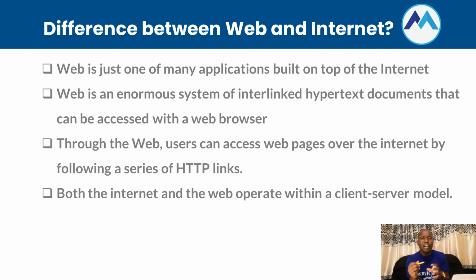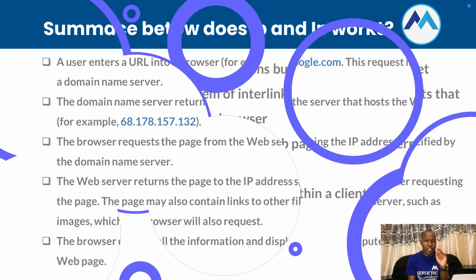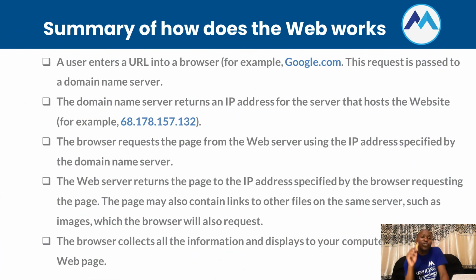For example, when you enter something like google.com, the request goes to one of the many special computers on the internet known as a domain name server, that we looked at at the beginning of this lecture. The domain name server keeps tables of machine names and their IP addresses. So when you type in google.com, it gets translated into a number which identifies the computers that serve the Google